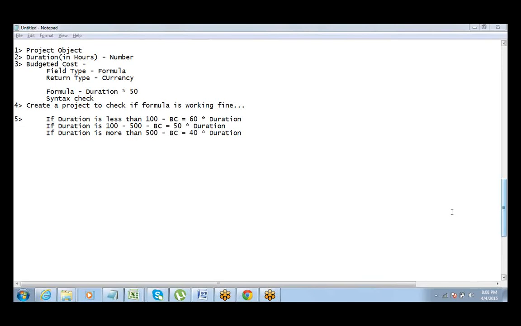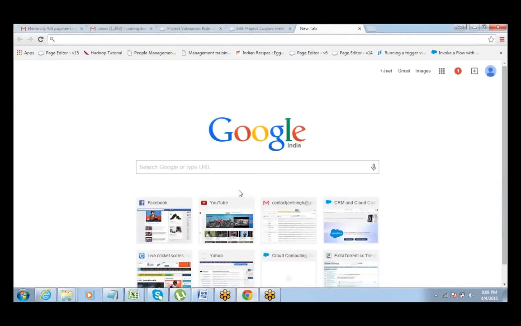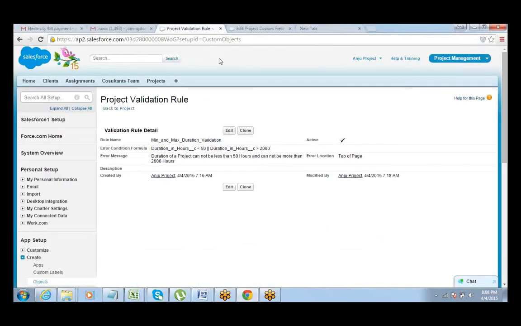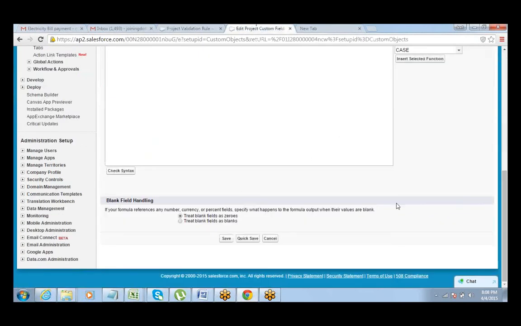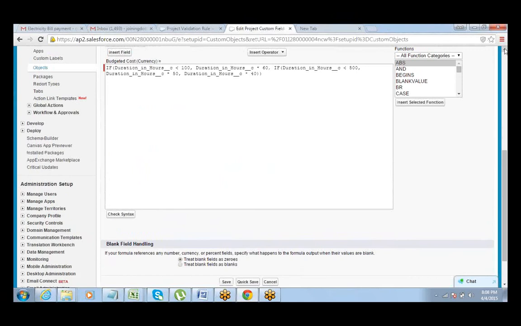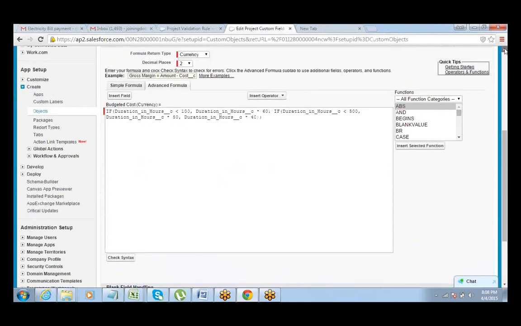Anyone who is done with that formula? Okay, so for reference, I'm sharing the formula that we created yesterday. It's there on my window, so you can take reference from here. Now I think it should be helpful.